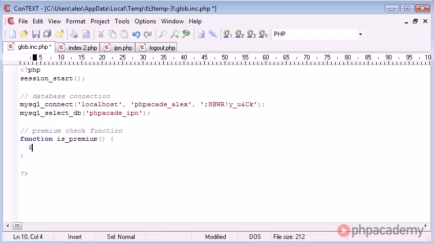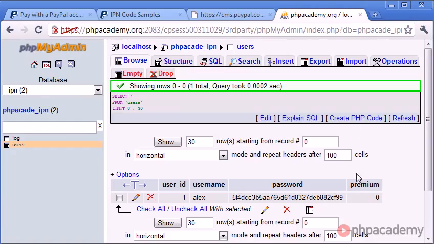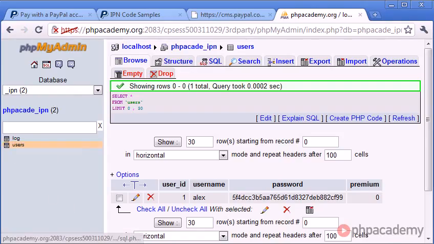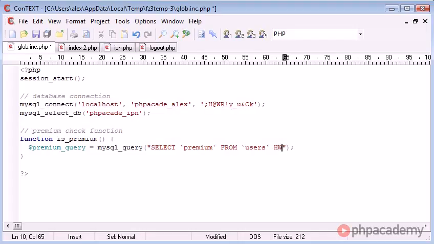So let's go ahead and say premium_query is equal to mysql_query, and then inside here goes our query. So select premium from users. Now, if you don't understand this already, we're selecting the value of premium. Remember, that exists here, so we're selecting this value, which at the moment is 0. We're selecting that from the users table, that's the table name there, and we're saying where